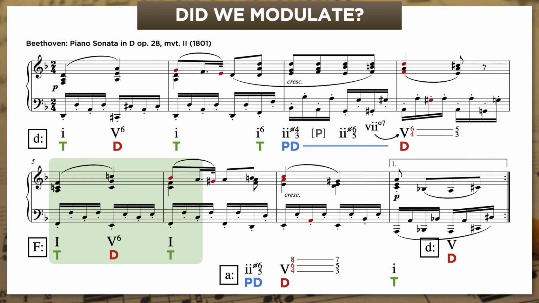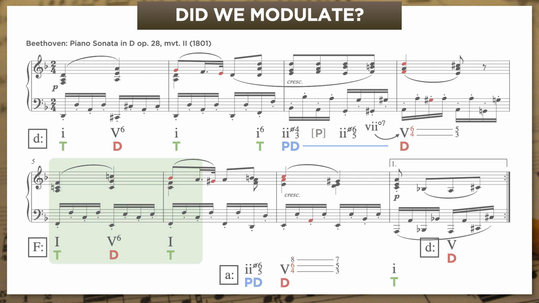Beethoven's modulation to F major here is weak in this sense, which is to say, I know people who would reject just on principle the idea that we could be in F major for only a bar and a half here. I don't agree with them, but I do think there are plenty of cases where we could legitimately debate whether a key change had actually happened. In fact, I talked about this a bit at the end of video 26.